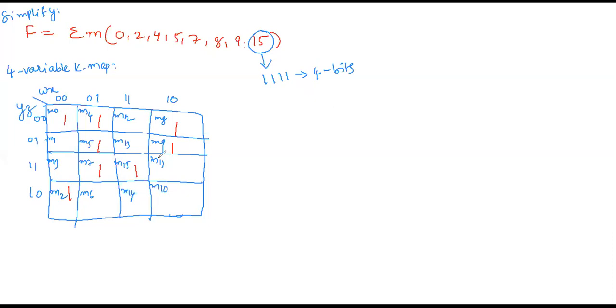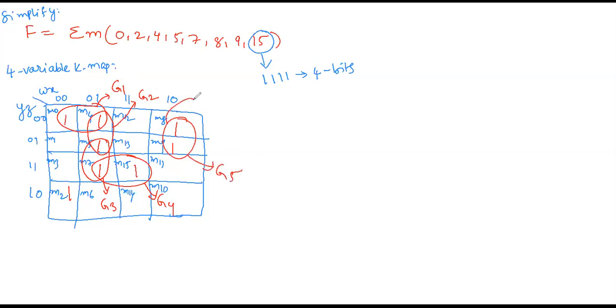While grouping, first you need to look for 16 minterms as a group, then look for 8 minterms, 4, next to 2. Here, 8 minterms as a group is not possible, 4 minterms also not possible. So try to form 2 minterms as a group. So these two, one group, G1. These two also one group, you can form G2. These two also you can form one group, G3. These two also you can form one group, G4. These two you can form one group, G5.